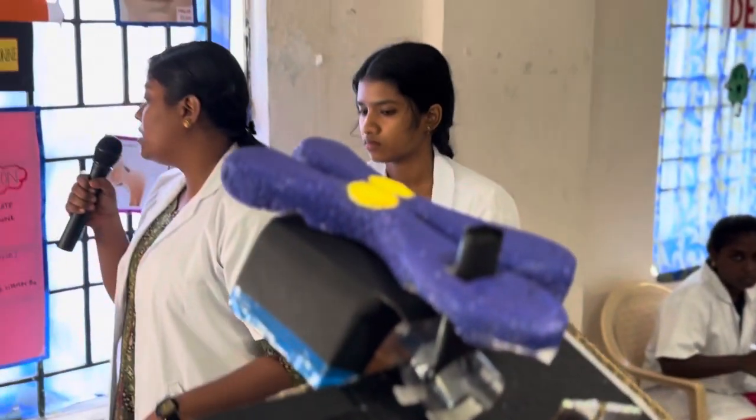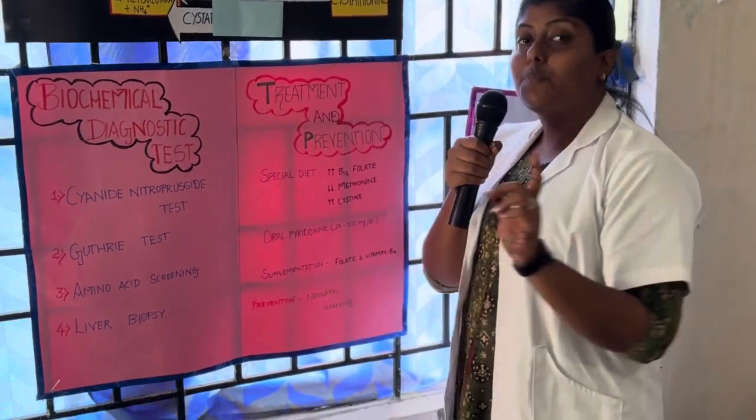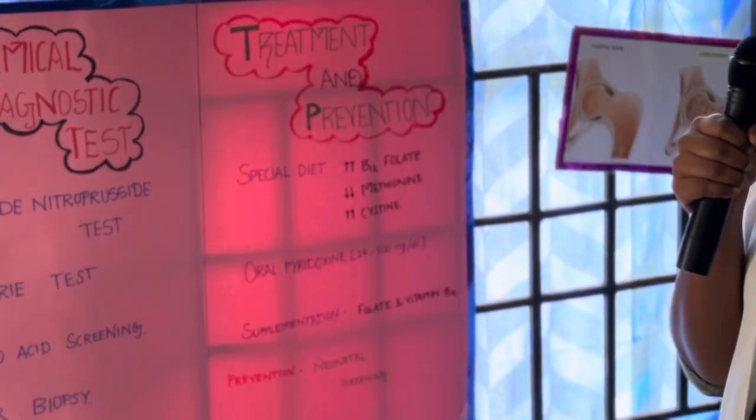At last, coming to the treatment and prevention. Treatment of homocystinuria includes a special diet. The special diet includes increasing the amount of cysteine and decreasing